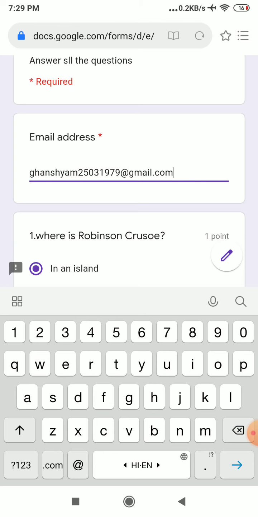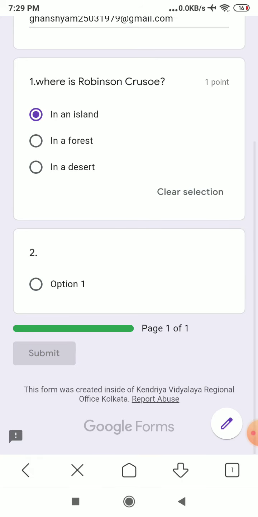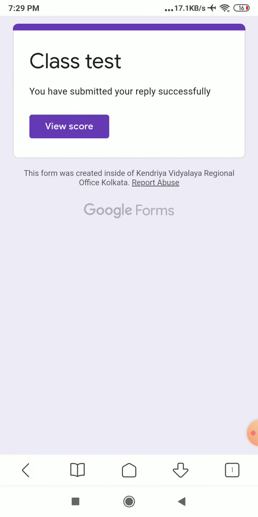Okay, I have written a valid email ID. Thereafter I am going to submit. As a student I am submitting. Okay, here it says you have submitted your reply successfully, that I had written there.